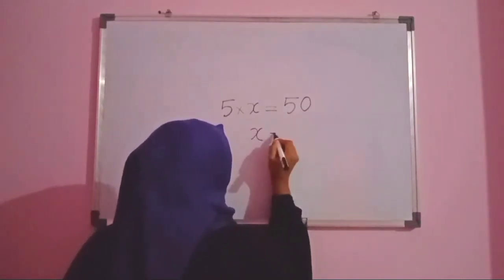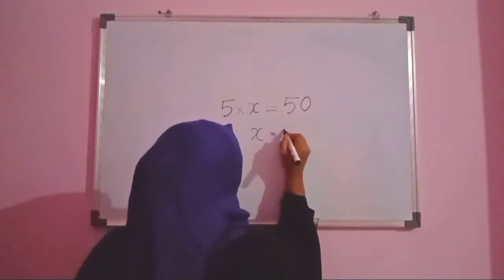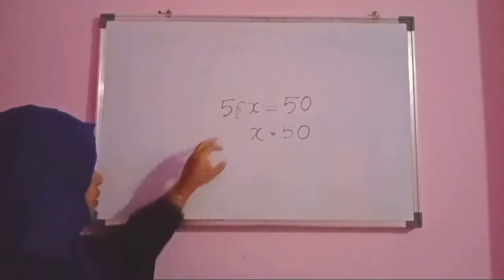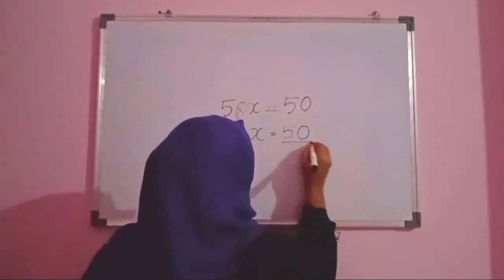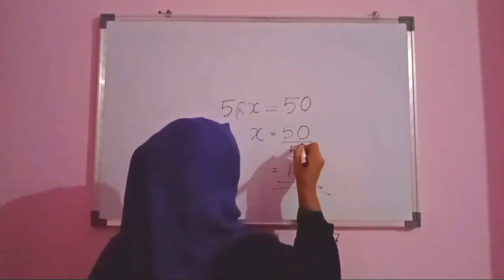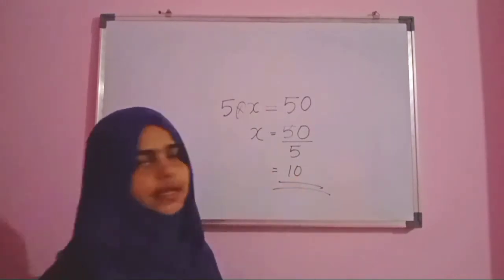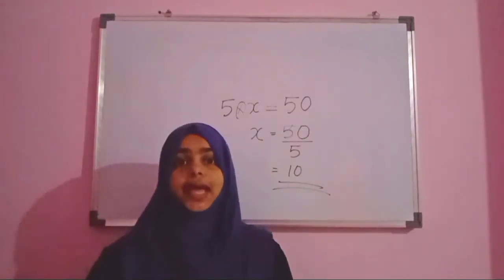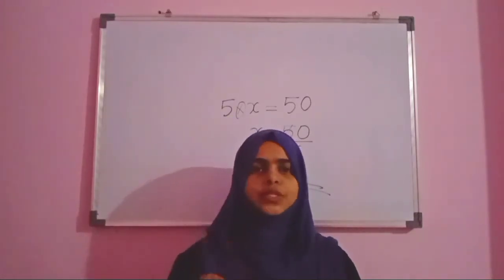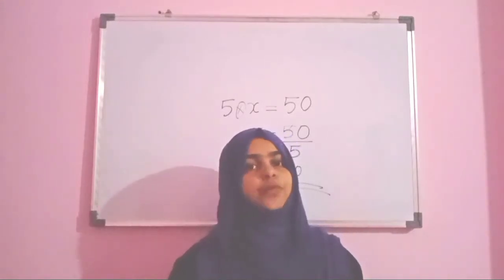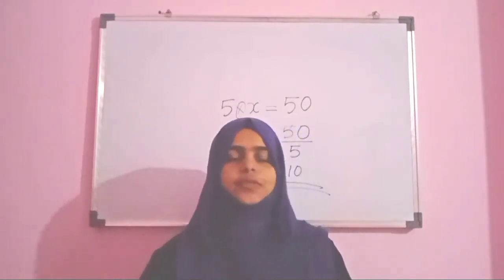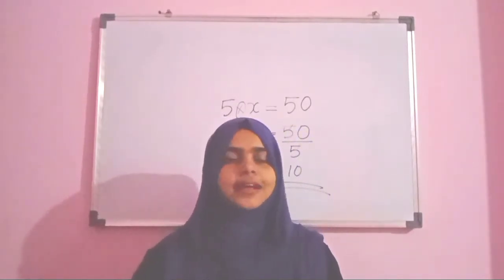We can find it by solving this equation. We know that here the total is 50, and since the operation is multiplication, we can bring this number here, then it becomes division. So total 10 pencils will be there. This 5 and this 5 get cancelled and we will get 10. So total 10 pencils will be there in the packet. This is the main use of algebraic expressions. Whenever we don't know the value, we will put x there and hence solve the equation. That is actually known as algebraic expressions.